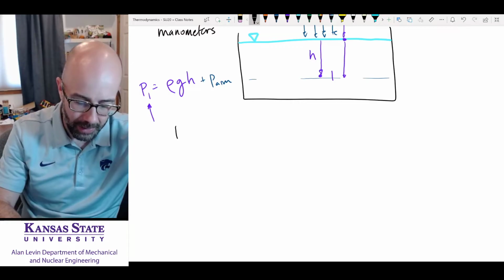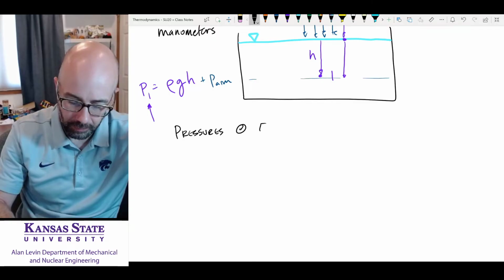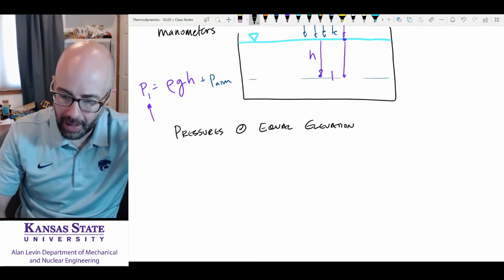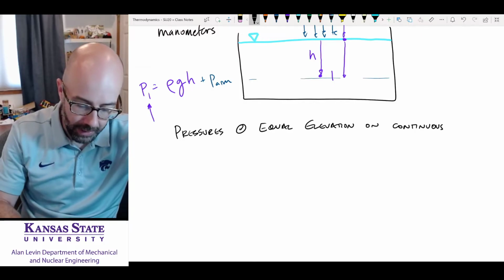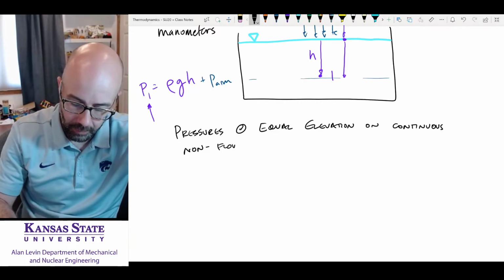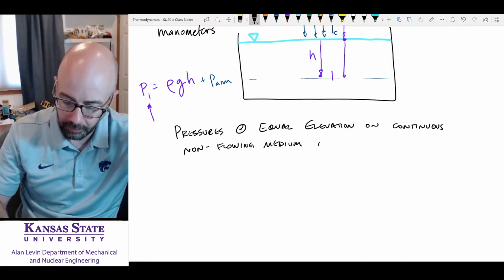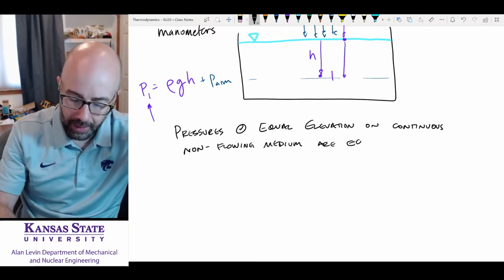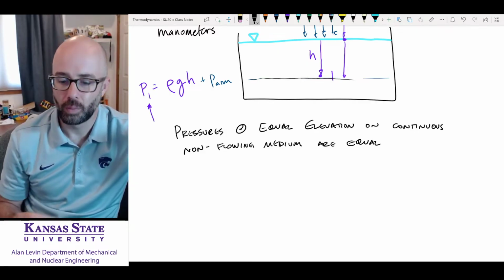But I'll write it specifically: pressures at equal elevation on a continuous, non-flowing medium are equal. That's what I said here. Everywhere along this non-flowing medium are going to be equal pressures. Okay, now,